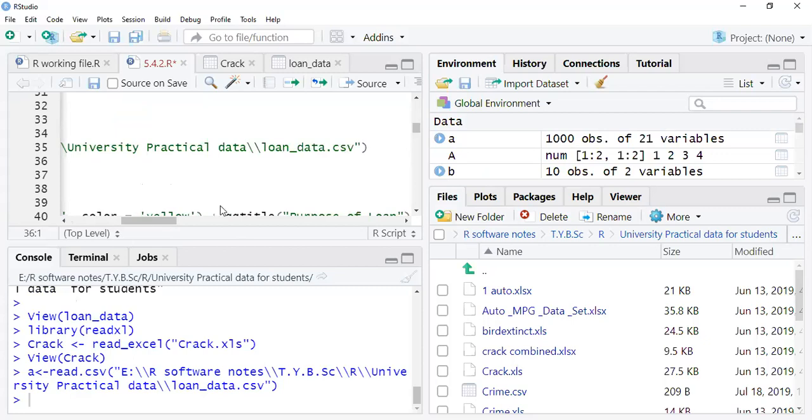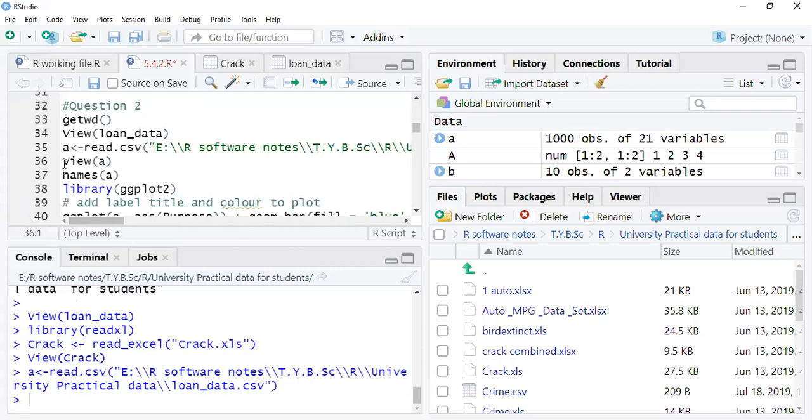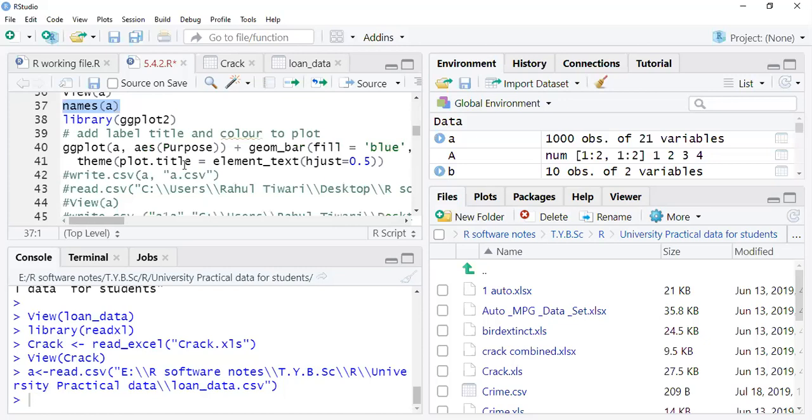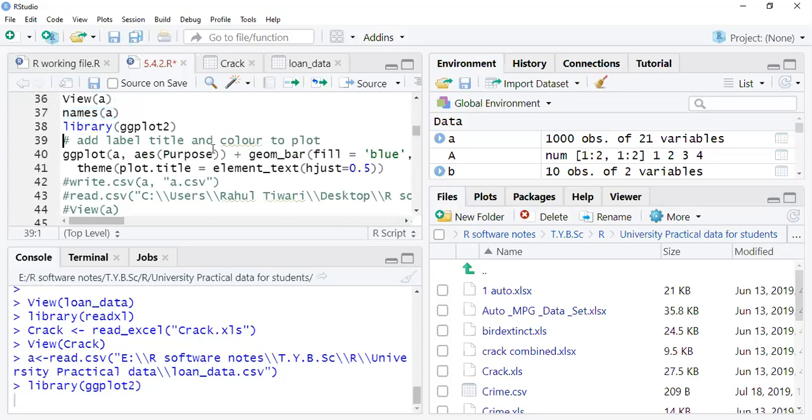Loan.csv, loan data underscore .csv. Then we can view the data. The name is very important because I'm going to use the variables. And then you have to call the library first, one time, here because I have opened RStudio. So whenever you open RStudio, you can always run this first, because you have to call the particular package to execute the plots. So this we have seen how it works.